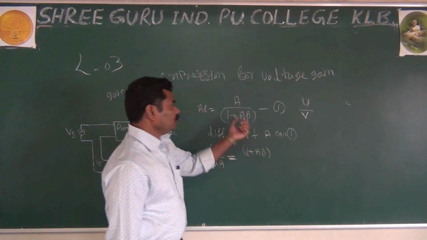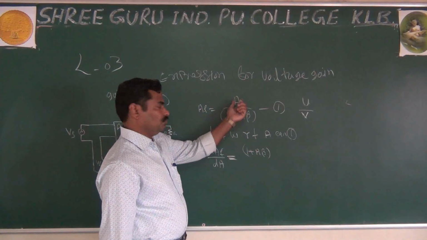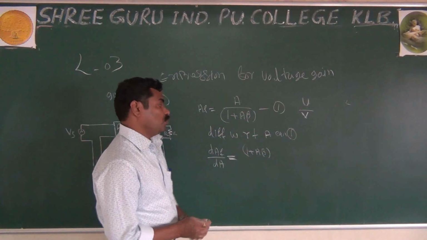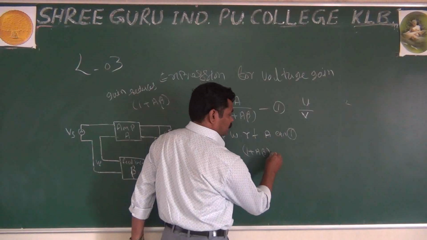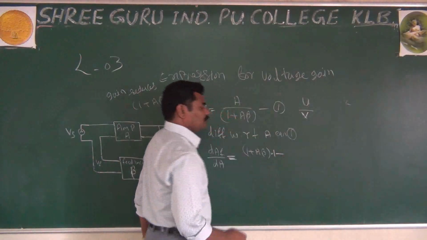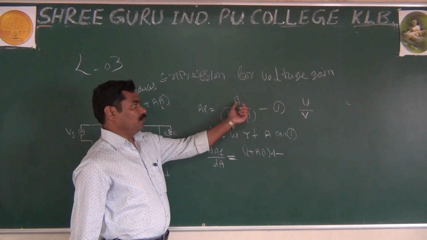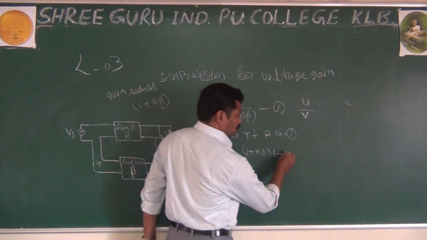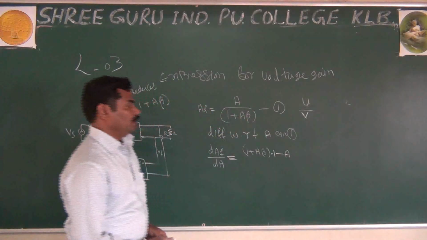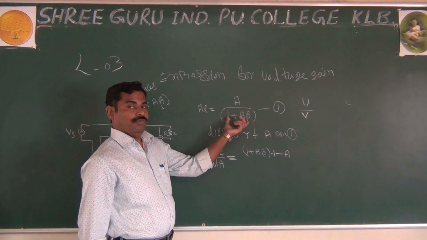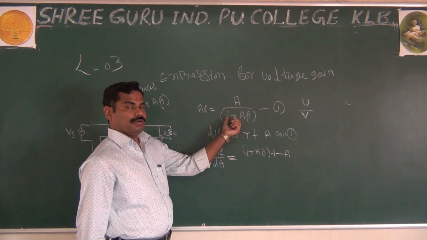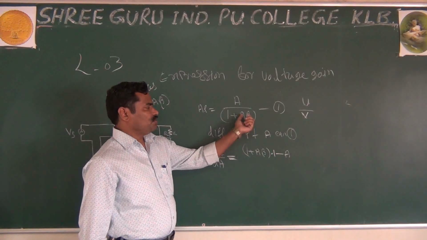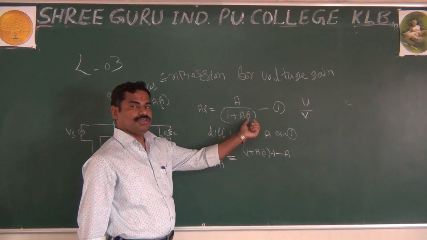Next you have to do the differentiation of U, that is the differentiation of A with respect to A, that is 1. You can write 1. And minus, the U, write as it is. You can write A as it is. And the differentiation of your V: here 1 is a number, and the differentiation of a constant is always zero, and here the differentiation of A is 1 and beta is constant, as it is.